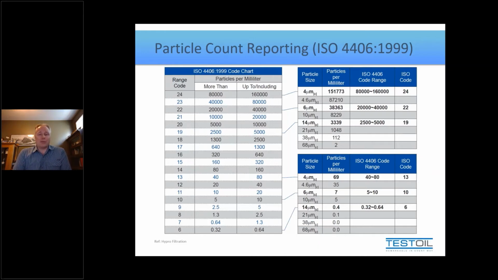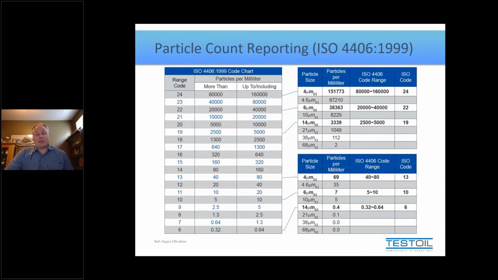Now go up a row and you'll see an ISO code of 11 is between 10 and 20 particles. Go up to an ISO code of 12, the next row up, and you'll see it's between 20 and 40 particles. What most people recognize quite quickly is every time you go up a code, it doubles. Now, not only does it double in value, but here's the part some people miss. It also doubles in range, meaning the difference between the high and low value of that range, it's twice as far apart. Right, an ISO code of 10 is a range of 5 particles. ISO code of 11 is 10, ISO code of 12 is 20, and so on. The ranges get substantially bigger the higher the particle count gets. So keep that in mind as we go through the example here.